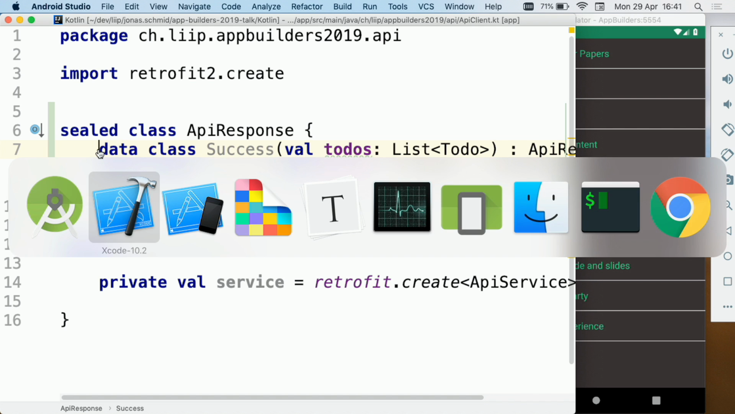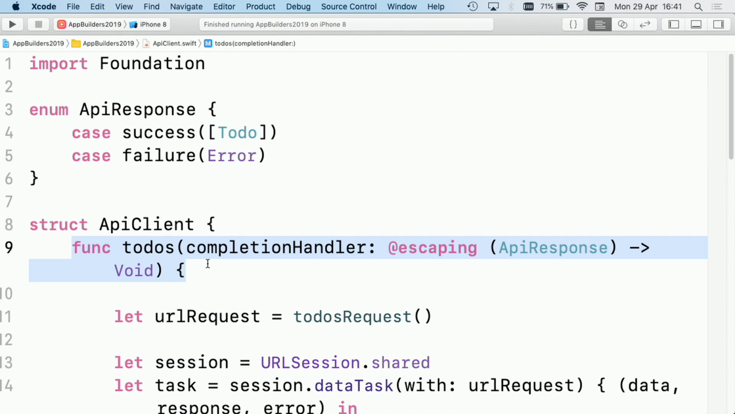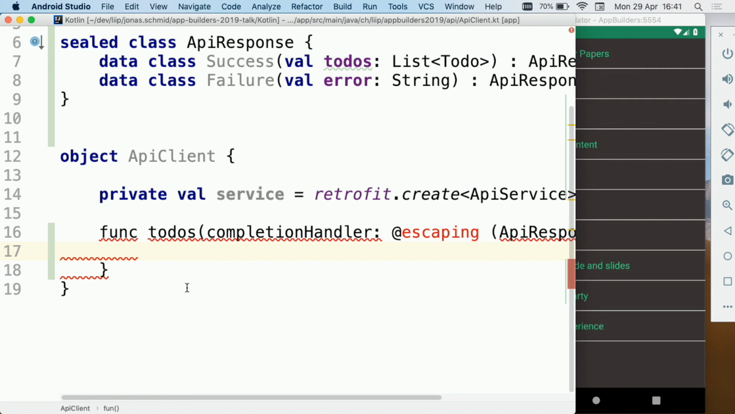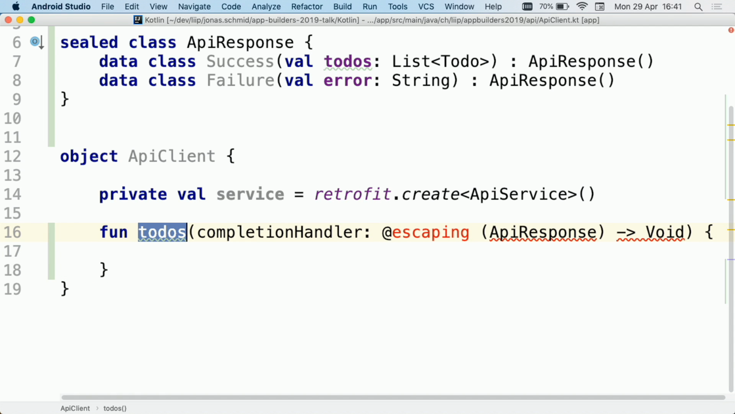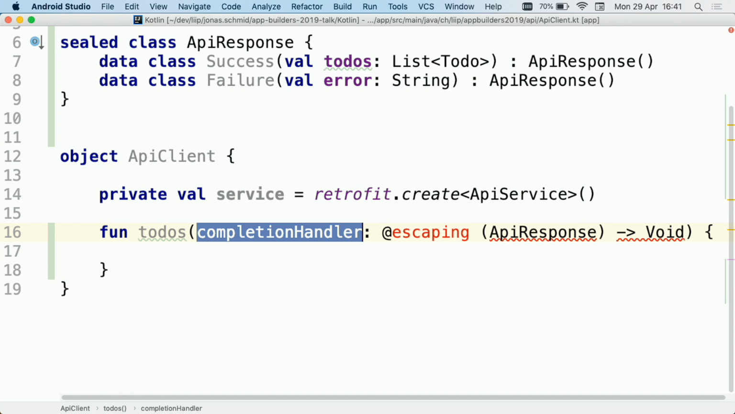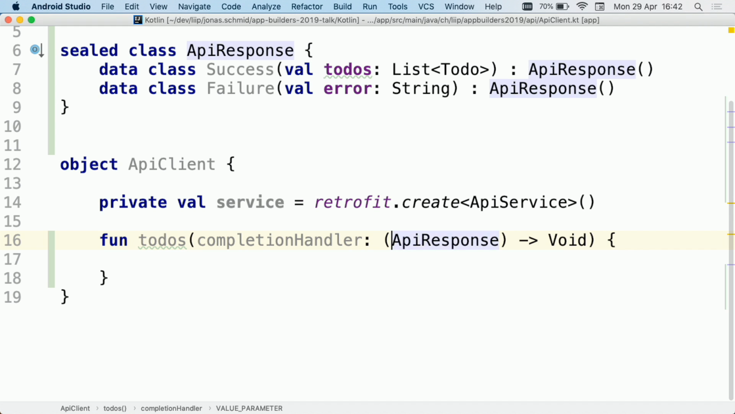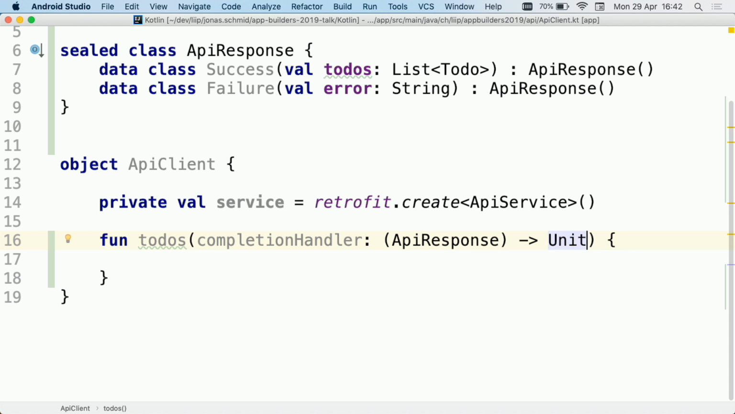Let's do the todos method. I will first only take the method signature and copy it. And again, change stuff. So I remove the C, I keep the todos name, I keep the completion handler callback name, I remove escaping because that's not used in Kotlin, and then I almost keep the same signature. I have to remove void and use unit instead. And we have our